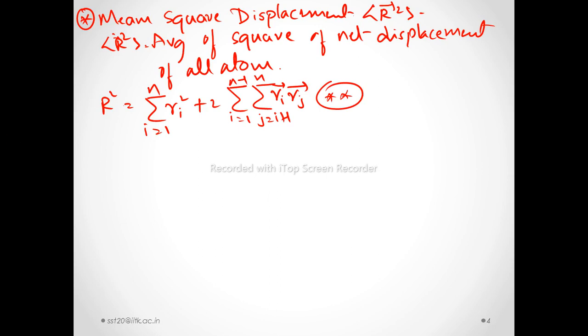Now we will start to derive. R square is equal to R bar. So from the previous slide we know the values of R1